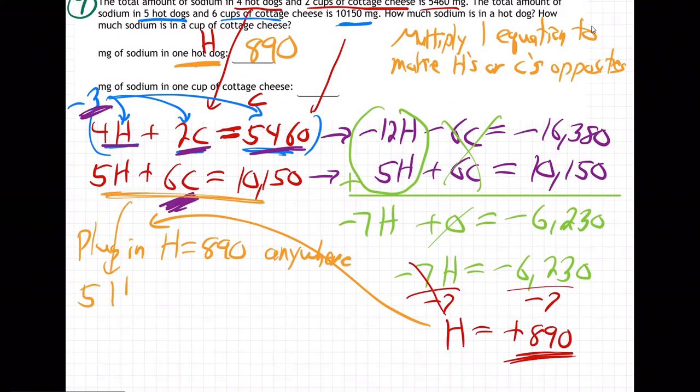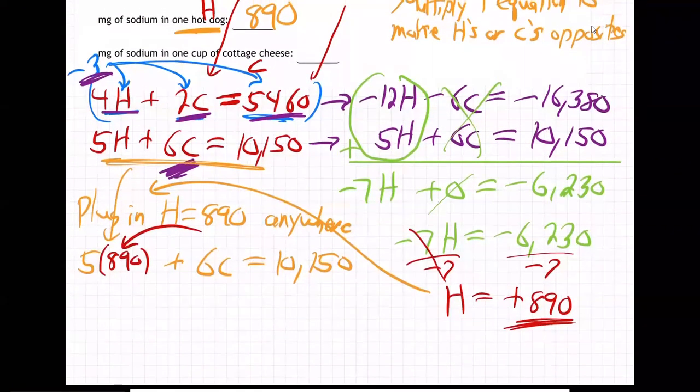5 times h plus 6c is 10,150, right? I'm just grabbing that equation, and I'm going to plug in for h right here. 890, because I now know h is 890. And so I can solve for c. So 5 times 890, what's that going to be? Use my calculator. I'm getting 4450 plus 6c is